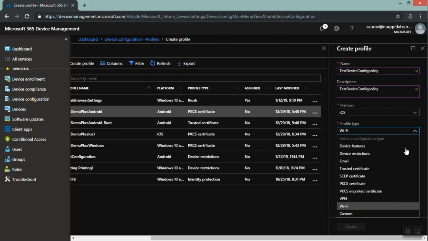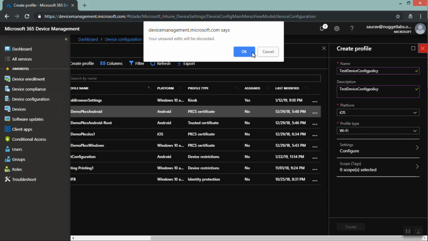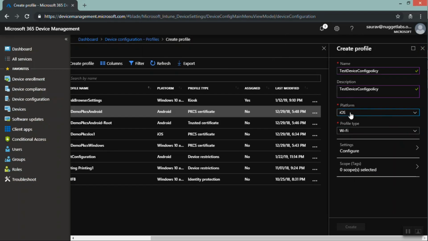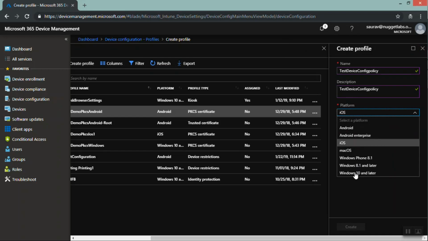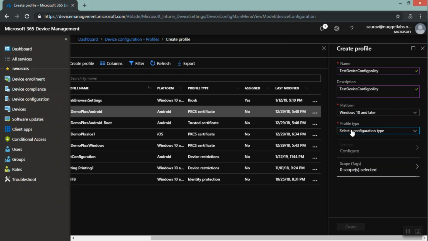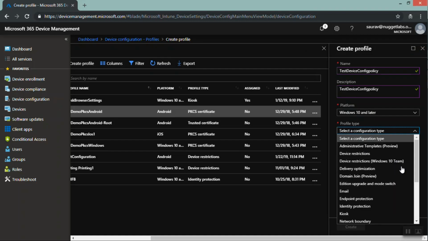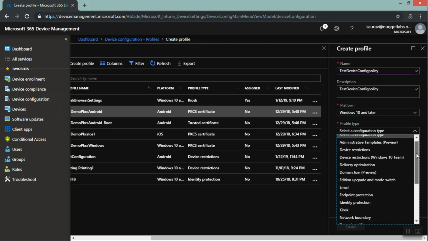So these all can be used in conjunction and then made use of. So this is just a basic roundabout of what we will be using a device configuration profile with. Let's just take a look over Windows 10. And over here in Windows 10 you can see that we have got a lot